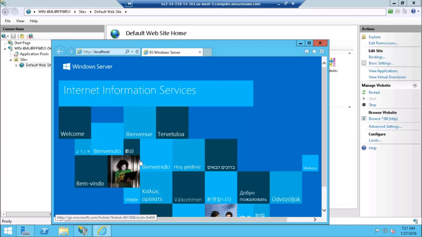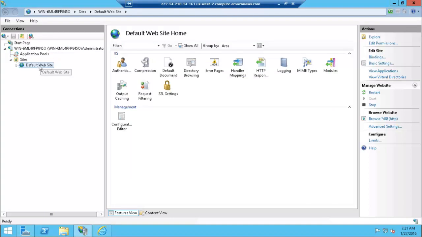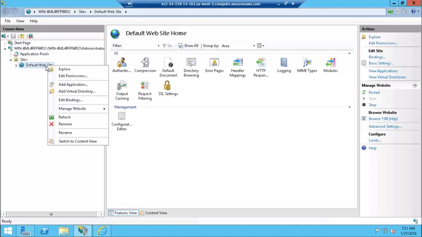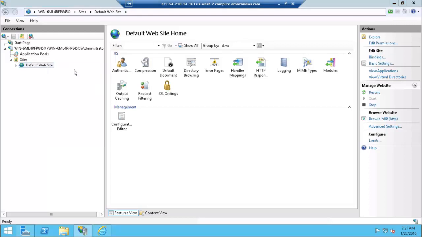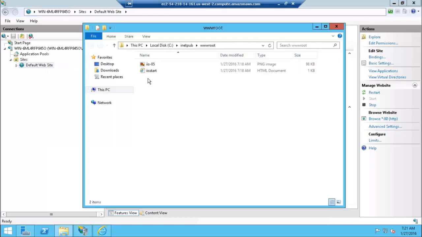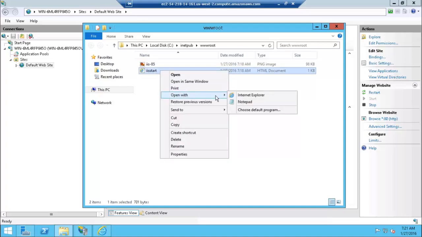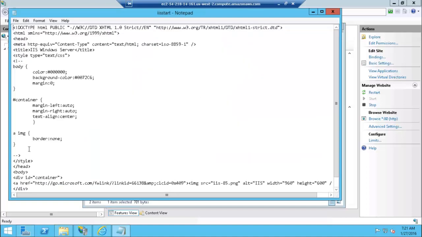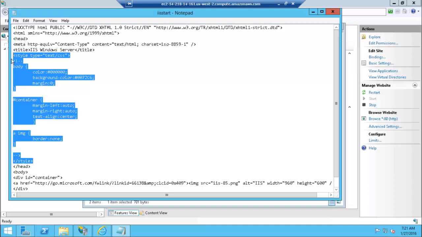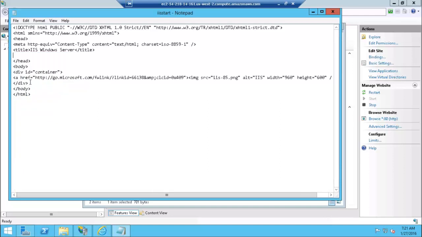Internet Information Server. We are going to edit this page, and to do this we right click on default website and click on explore. We are going to open the IIS start file in Notepad. We are going to delete the element style and the element div,